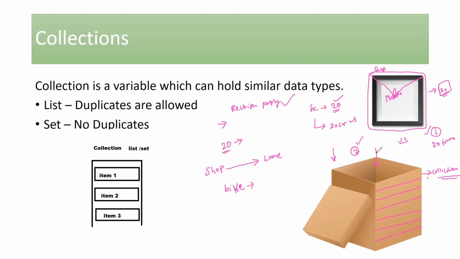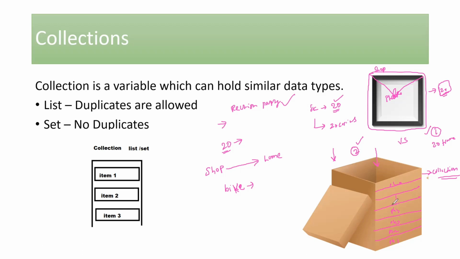Now if you see this definition and compare what exactly we have done, we have photo frame 1, photo frame 2, photo frame 3, photo frame 4, and so on till photo frame 20. Inside this cardboard box, we have 20 photo frames, right? So we have the same photo frames that are stacked one on top of the other, and we are putting all these photo frames inside a cardboard box. So that is why I'm calling it a collection. If you have understood this, you have pretty much understood the collection concept.